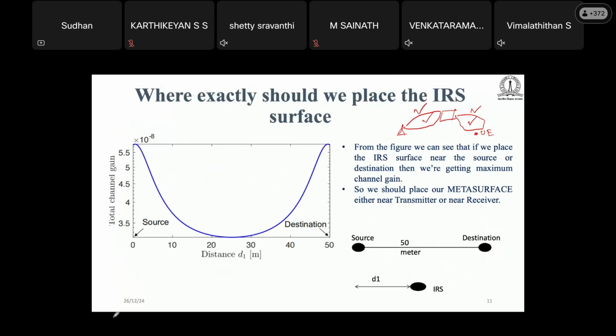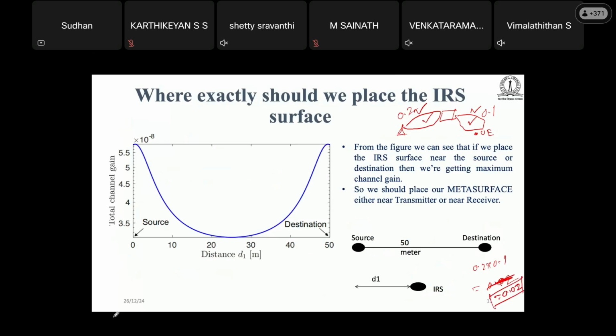For example, let's say we have a Rayleigh fading channel. Now if we get a fading effect of 0.2 from here and 0.1 from here, in rare cases, not all the time, then the overall fading effect will be 0.2 times 0.1, nothing but 0.02. You can see that this fading is very, very minimal.